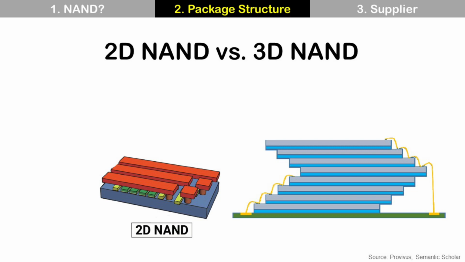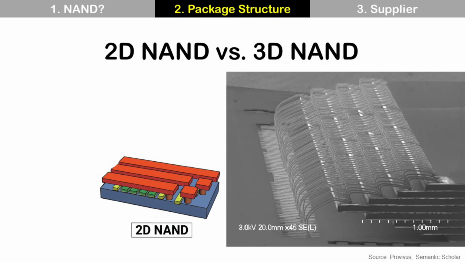NAND memory devices have two different types. One is 2D NAND and the other is 3D NAND. As its name implies, 2D NAND integrates memory cells side by side, meaning horizontally within the die. So, in order to increase memory capacity to store more photos and videos, we need to stack more dies vertically. And limited package thickness requires thin dies to stack more dies. So, wafer backgrinding technology is important. Then die thickness goes down to 35 micrometers in some cases.